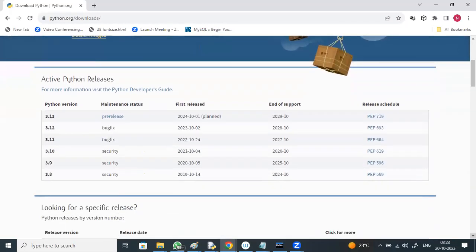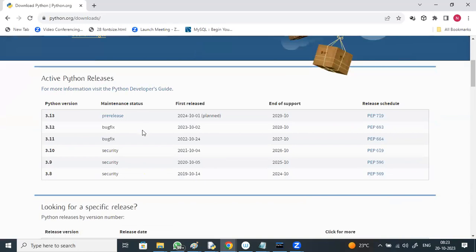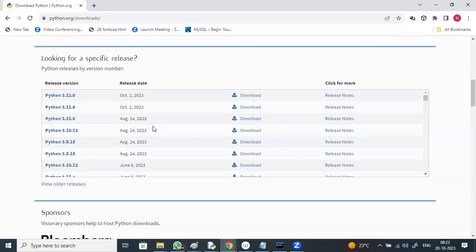Scroll down. Active Python releases we got, but don't go for it. Looking for a specific release: Python 3.12. Can you see it was released October 2, like 15 days ago?